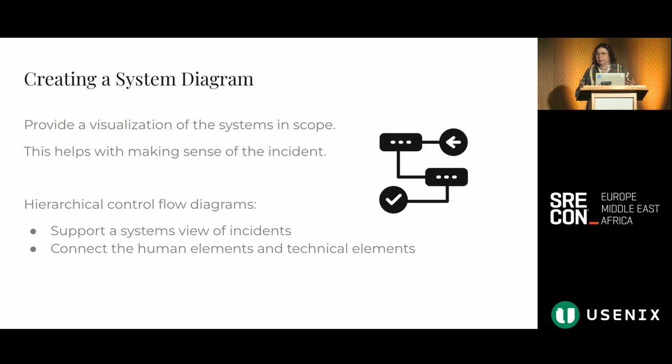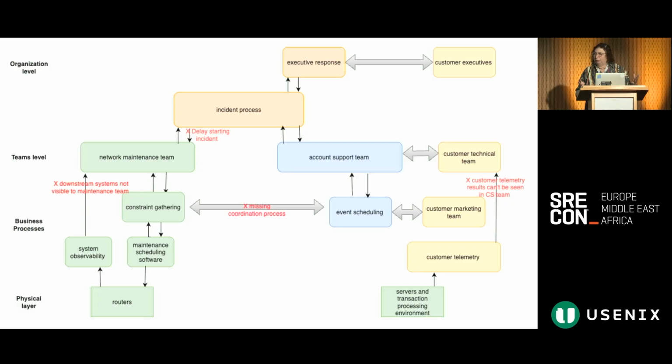And the second thing is that they provide a picture of a socio-technical system that connects the human beings with the technical systems in one diagram. And that's pretty rare in the kinds of diagrams that engineers often work with. So I'm going to show you an example of this. In practice, this diagram would have been even busier and had more boxes on it, but I figured this was enough for viewing from a distance.